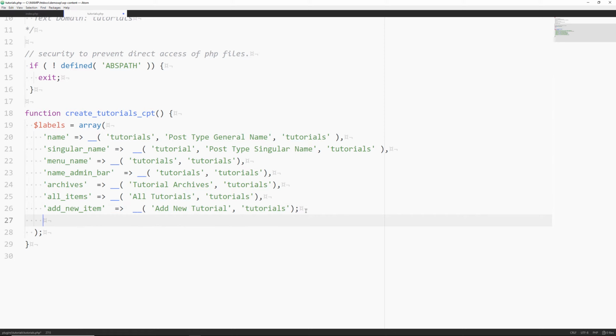All right, so we have that one. That should be a comma. Go down to a new line, and then we'll just say add new. Double underscore, parentheses, add new.